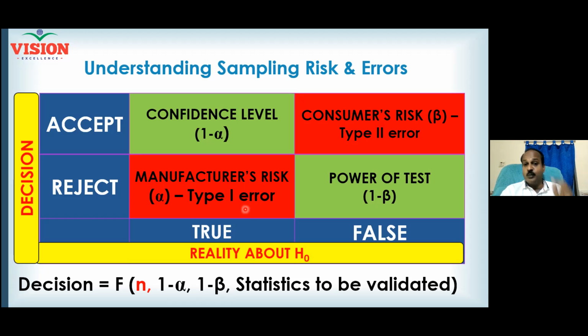This is what we need to fix while conducting any study. We cannot avoid it, but we must limit it to 5%. Limiting the type 1 error to 5%, this requirement is called the level of significance. When I say level of significance, it means you must limit the amount of type 1 error to 5%.